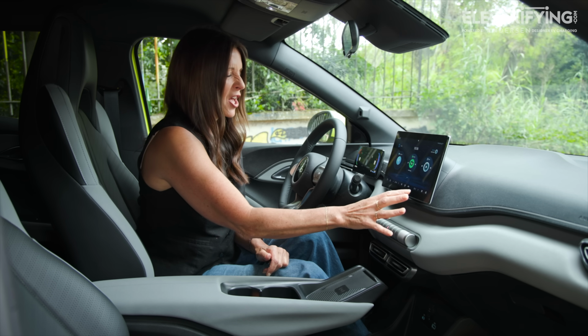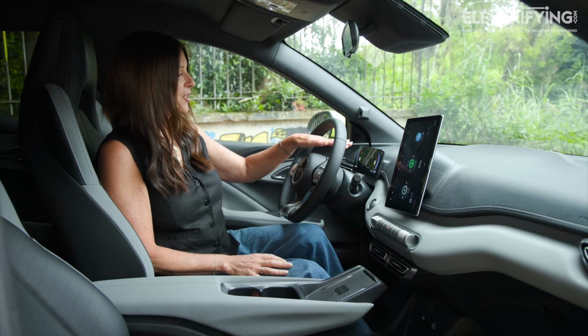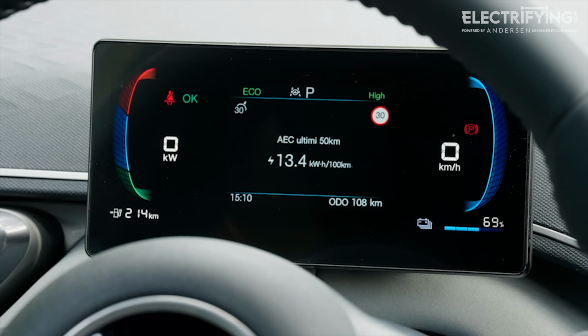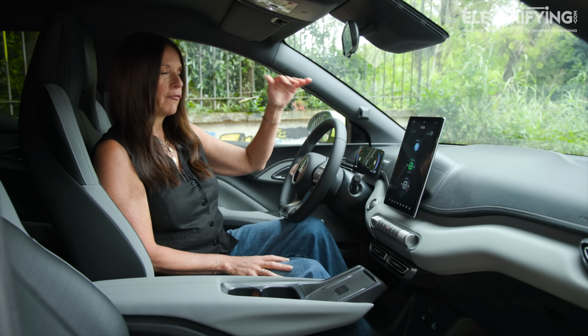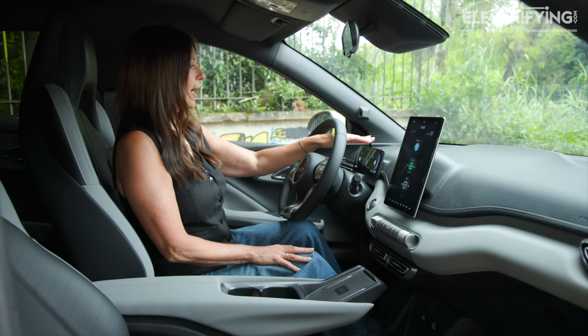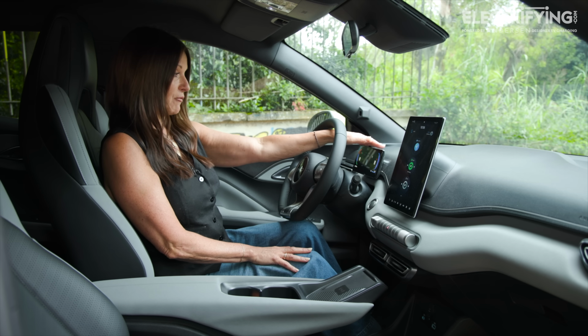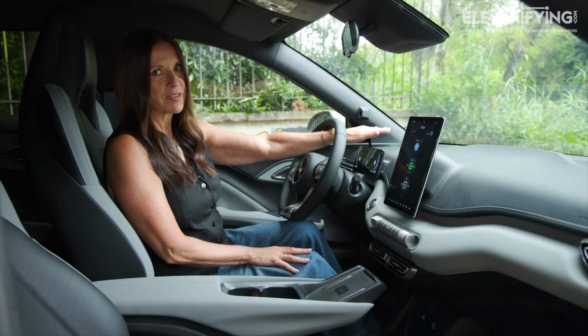Quite nice, isn't it? Much smaller, of course, as you'd expect than the ones in its larger cars. And then you get a second smaller screen here in front of you, which has got all the basic information that you need. Now, I'm 5'4", and I suspect if you were a taller driver, you're going to be looking down quite a lot to that because it is really positioned right down low. I think it might be slightly better if it was a little bit higher for some people,